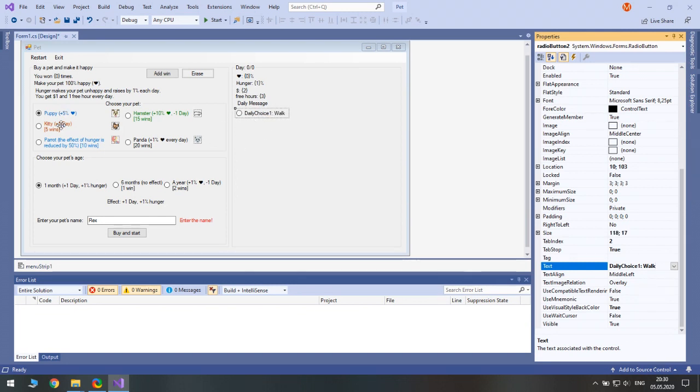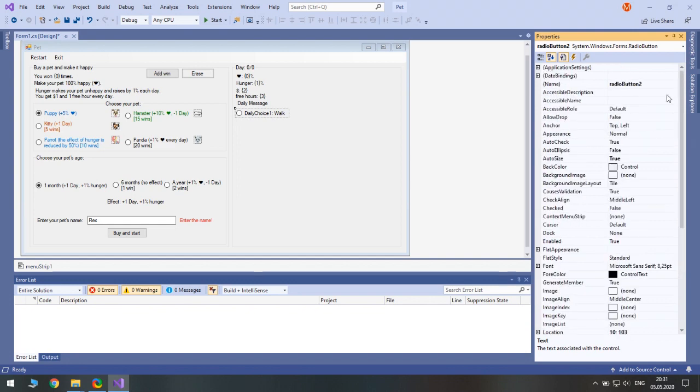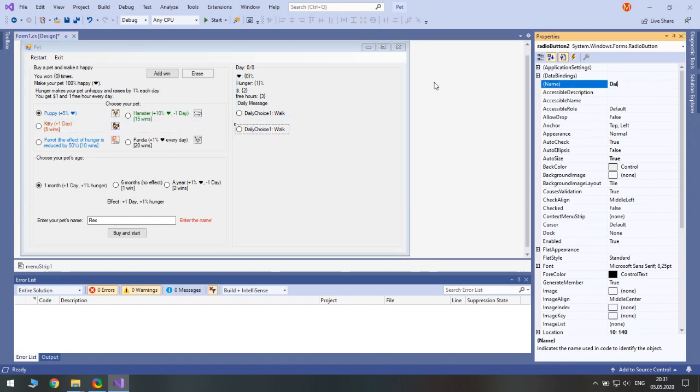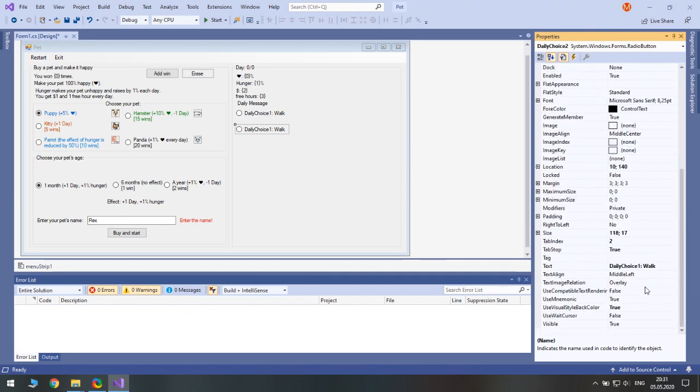We will try to use the name in the options for every day. So daily choice 1. Next, another radio button. This will be daily choice 2, and let's type fit 1.